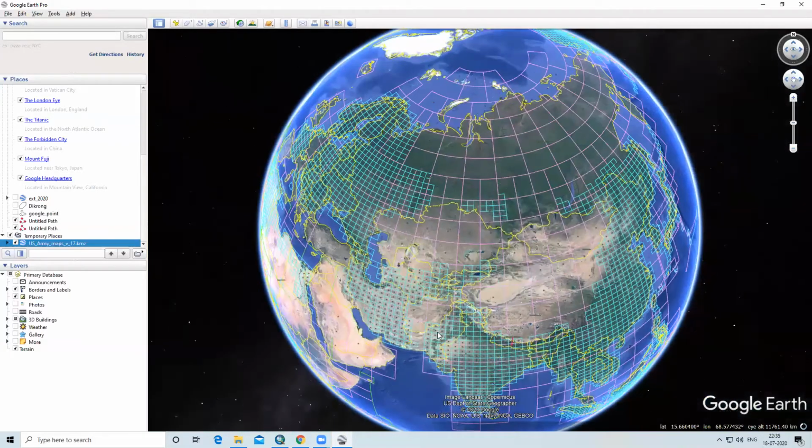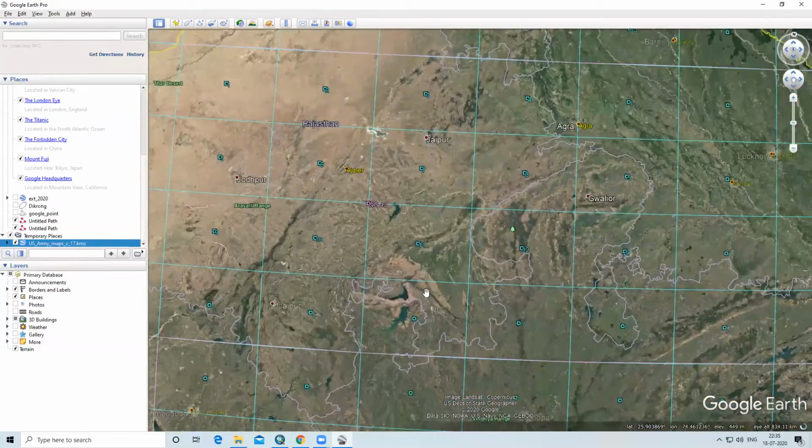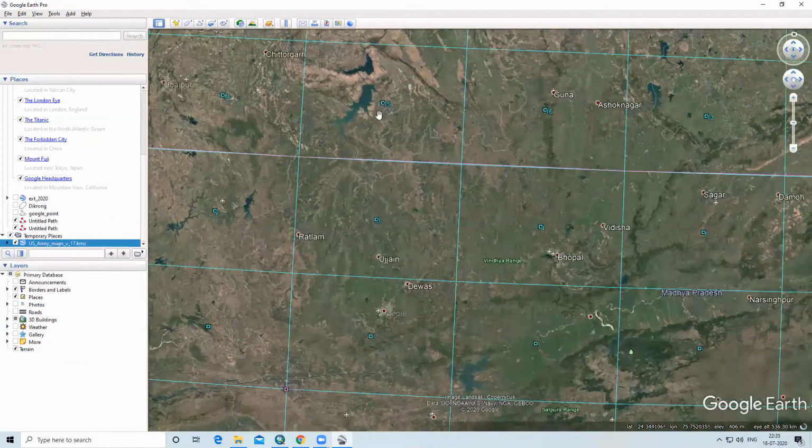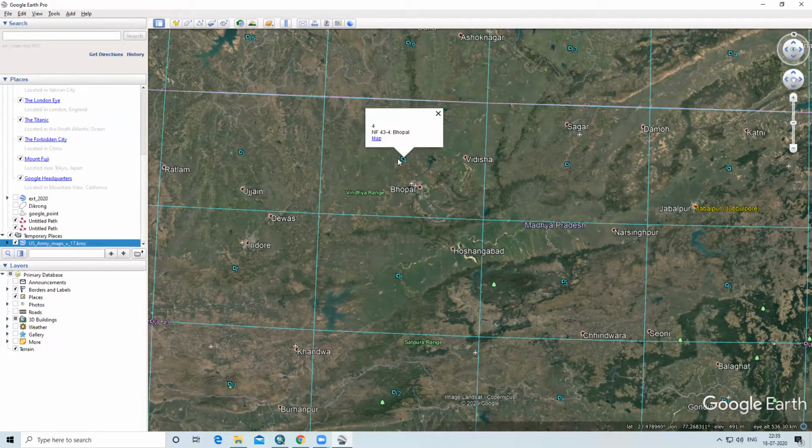So if you want to download this topography map, we'll click here. Suppose I want the Bhopal area, I will click here, and for the map you can click or you can right click and open in a new window.